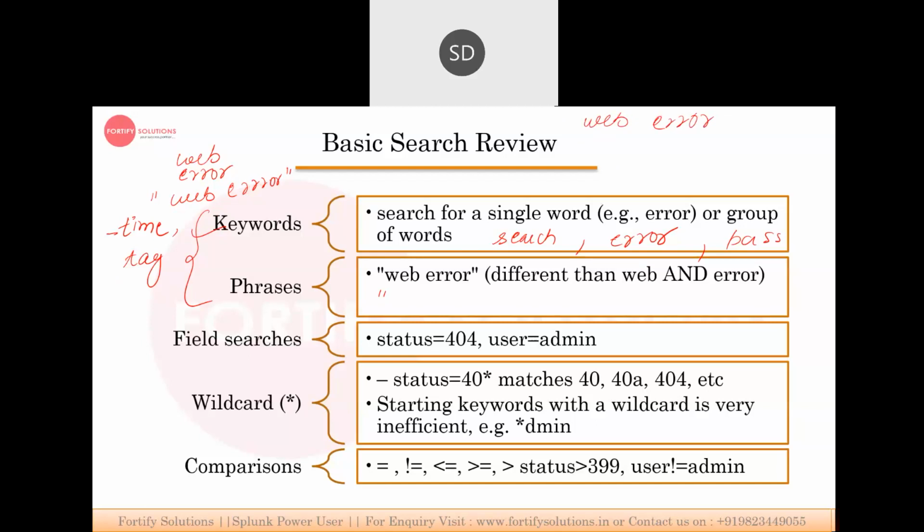So here we can also search with field searches. Field searches means searching on any of the fields, like there is one field with the name status equals to 404. So we can search specifically for the fields. Or let's suppose there is a field with the name host, and the host name is web server. There may be something different further on, so I'll search with the asterisk sign, meaning if there is anything else it will be fetched by this, right? So this is the kind of field searches.